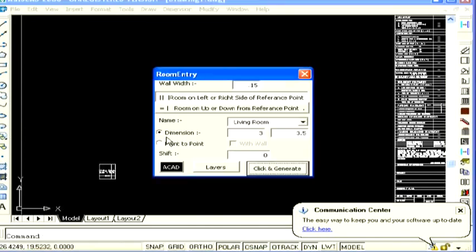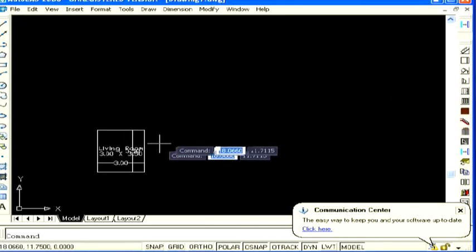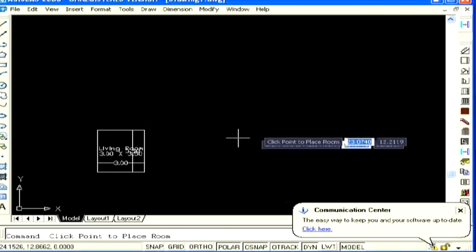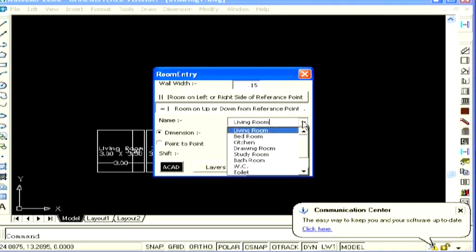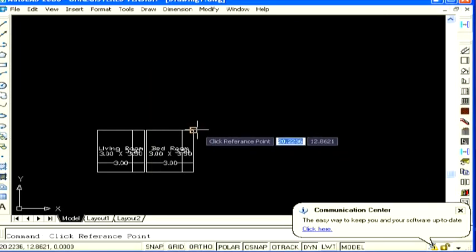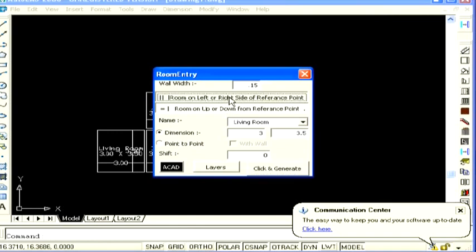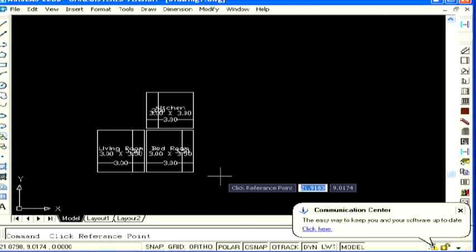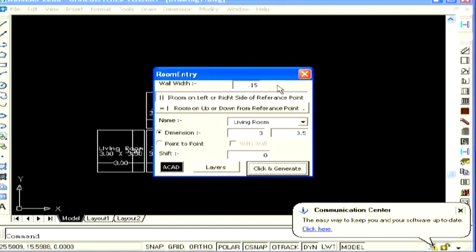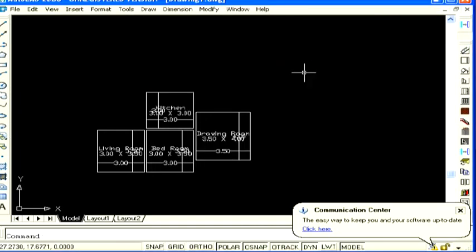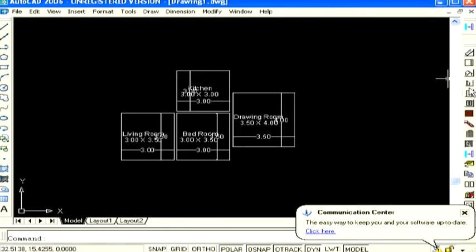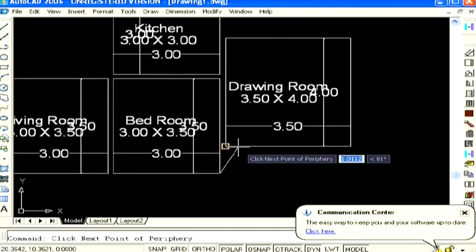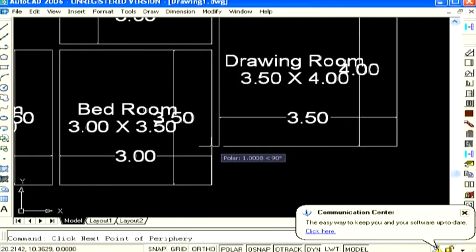Drafting can be done in just a few clicks. The Draw Room option is used to automate the drafting of rooms along with their dimensions and room names. The dimensions are generated both in metric and FPS. Separate layers are generated for the same so that only which is required may be displayed. This utility increases your drafting speed to more than double. Draw Periphery. This utility helps you to draft the external periphery to the rooms.